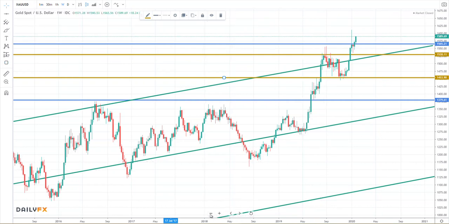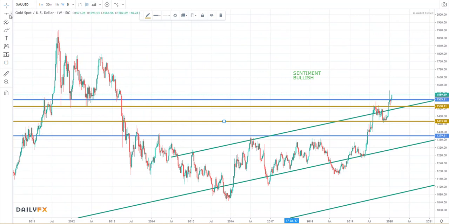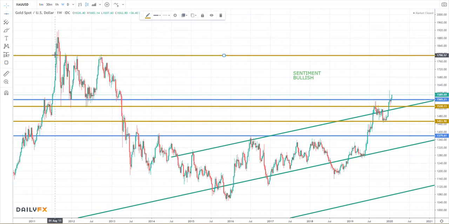So it looks like we could see price now making another go for the 1790 range. Let's call that our next target. We did have this extreme high at 1900, which we could see again, but we see this 1780, 1790, 1800 line has acted as resistance way back in